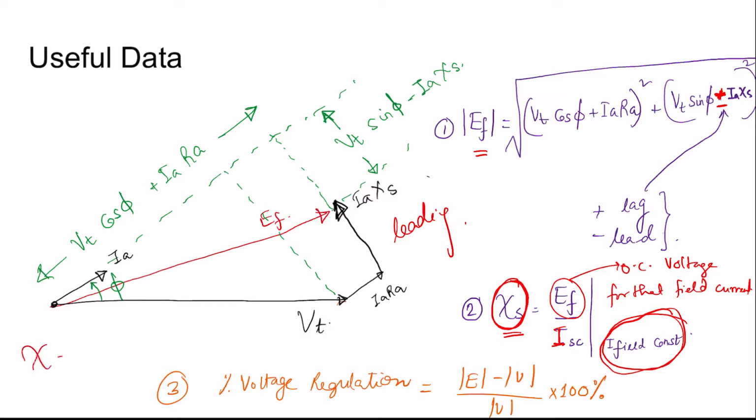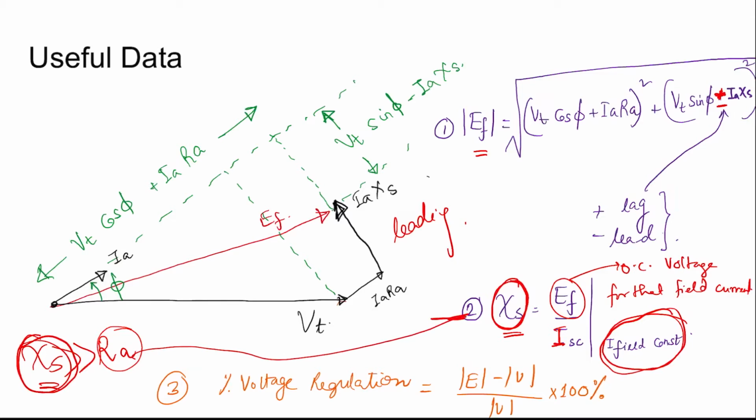reactance. Now in synchronous machines, Xs is much greater than Ra, that is armature resistance. So we can consider the magnitude of the synchronous impedance actually the synchronous reactance. That's why EF by ISC gives Xs. Actually it gives Zs, but Ra effect is so less that we actually find the magnitude of Xs. The percentage voltage regulation is then given by open circuit EF minus the terminal voltage divided by terminal voltage into